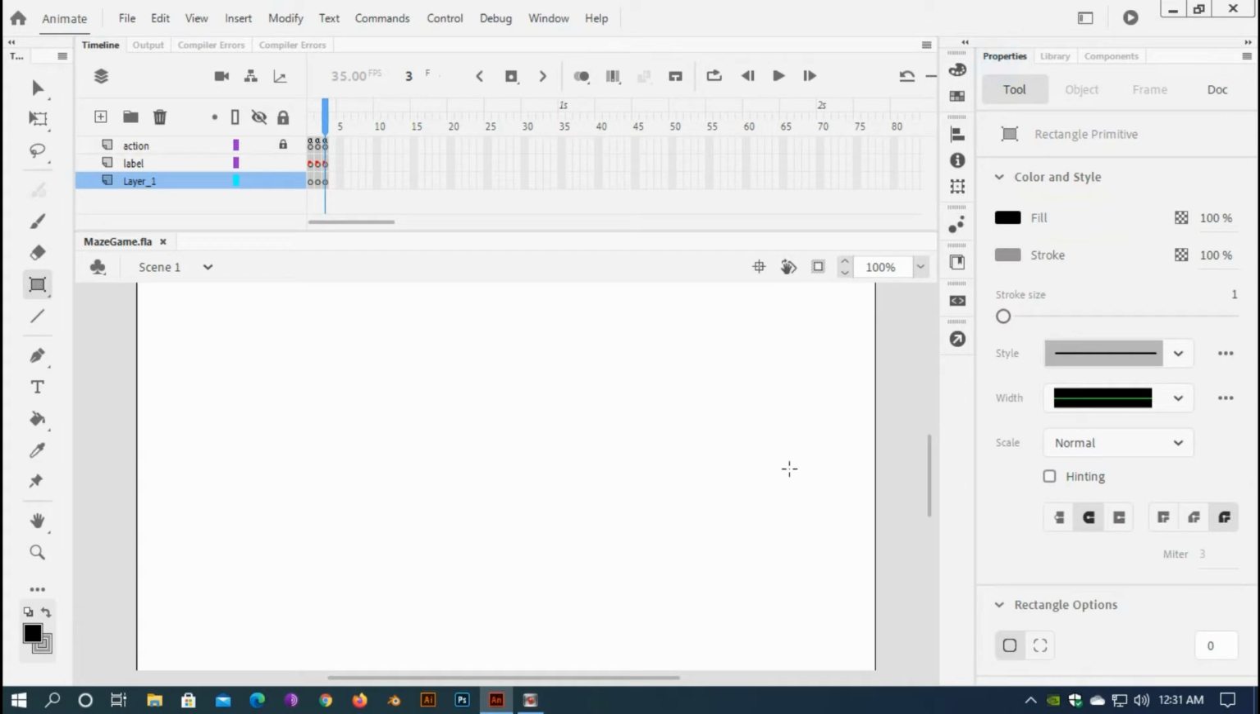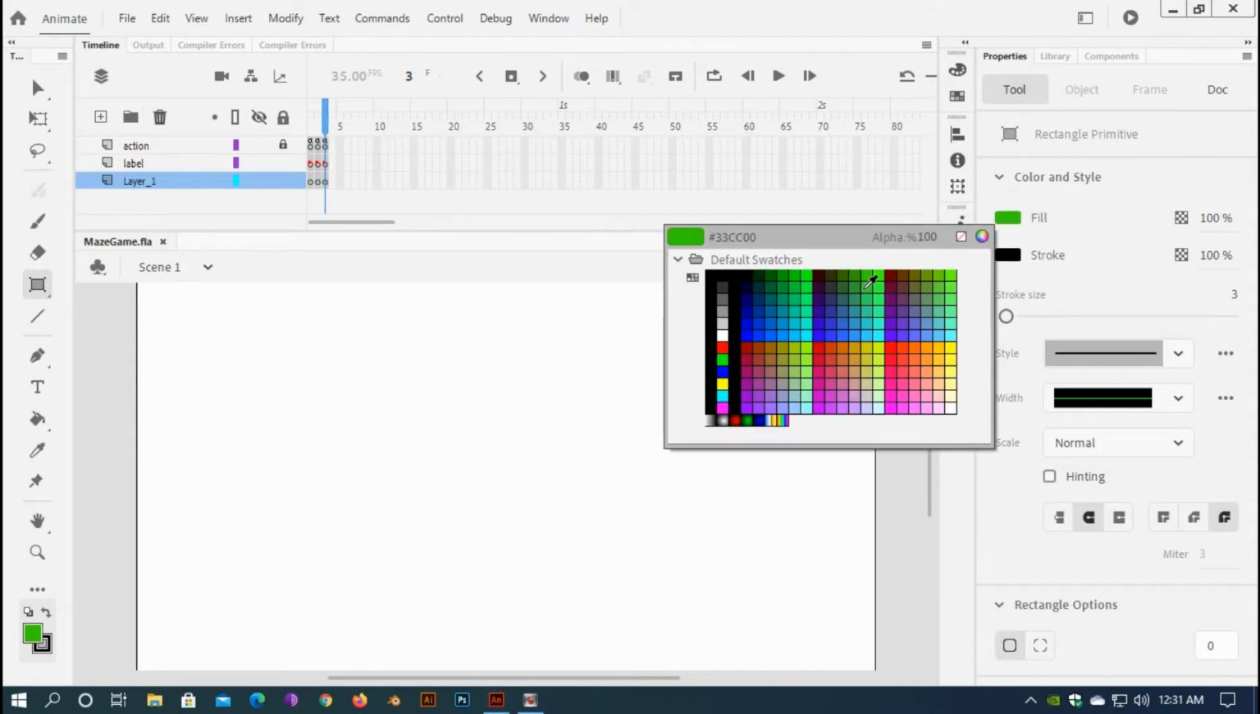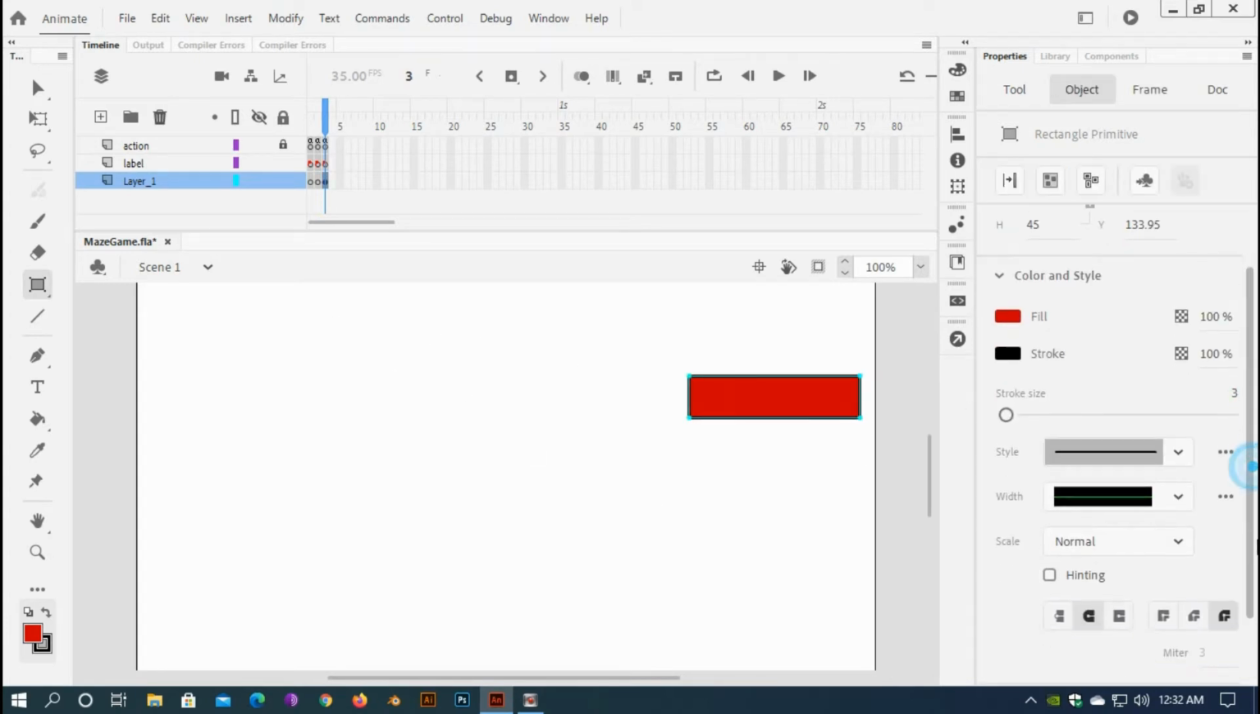Selecting the rectangle primitive, I will change the stroke color to a little bit thicker. So I would like to have stroke size 3, and stroke color I will select black here, but fill color I will take here. This I will use yellow. I'll select red. Okay, I'll change it later on. I'll drag and draw a rectangle like this, and now